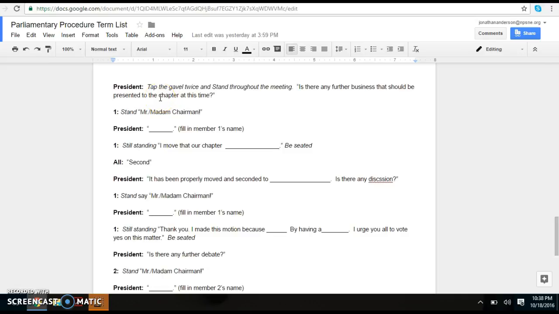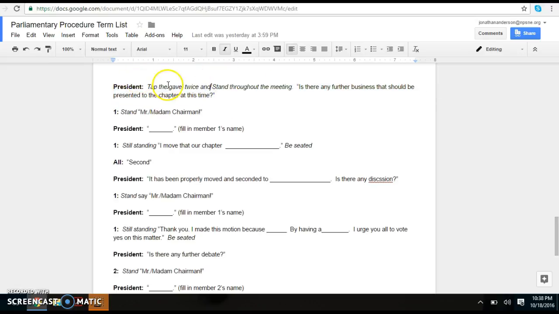This is where we were just starting to get to. The script gives you the proper ways to work through a main motion. There are a few things that I want to go over today to make sure that you have some help. So if you watch this video, please pay attention to it and you'll be able to quickly work through your activity. So the first thing you should have is the president saying